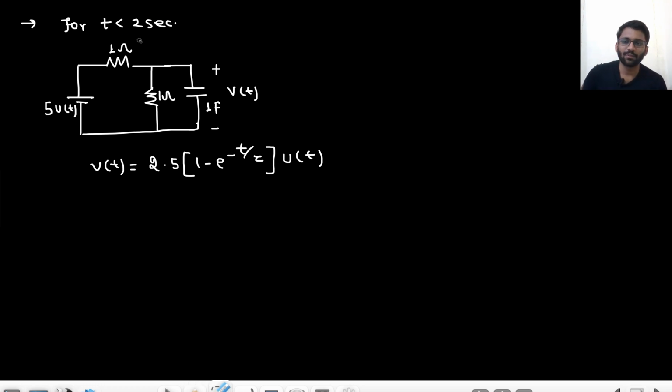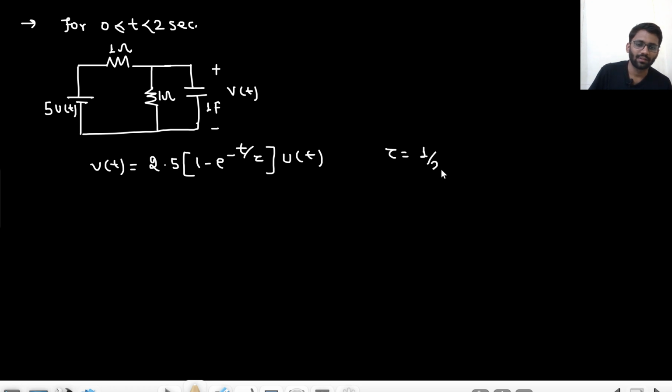So this is the condition for 0 to 2 seconds actually. For 0 to 2 seconds, right? Because for t less than 0, even this input is not there. So no charging, no discharging, nothing is happening in the circuit. From t equals 0, something starts to happen. So this is my Vt with time constant being